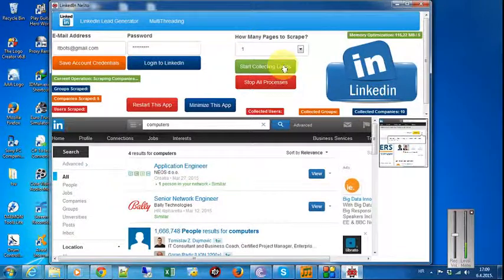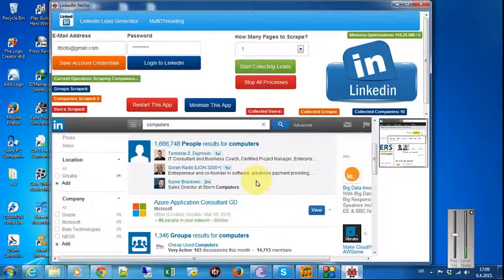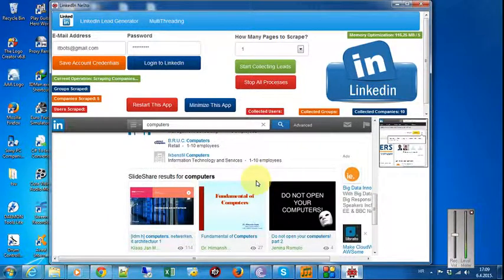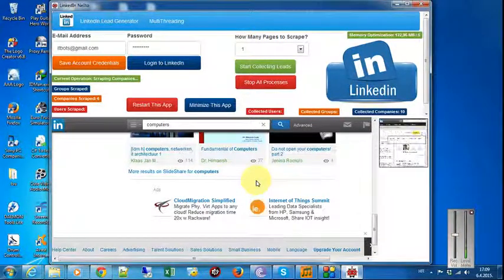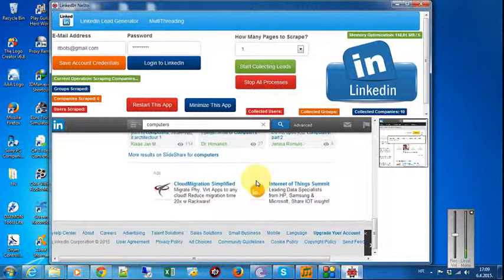I'm not going to lie to you guys. LinkedIn has a limit on search patterns. If you are a basic member, on our website, what we do is,